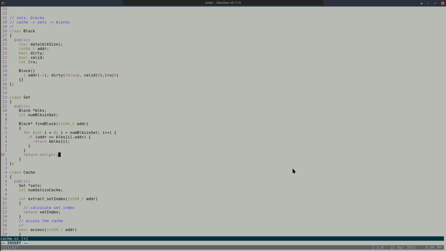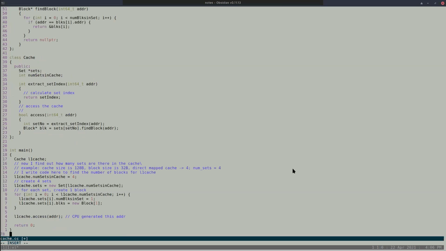Does this make sense? So what did I do? I created a cache. In the cache, I created sets. In each set, I created blocks. Then I said I have a function called access. In that access function, the CPU generates the address. I extract the set number. I go to the particular set and say, hey, do you have the block or not?